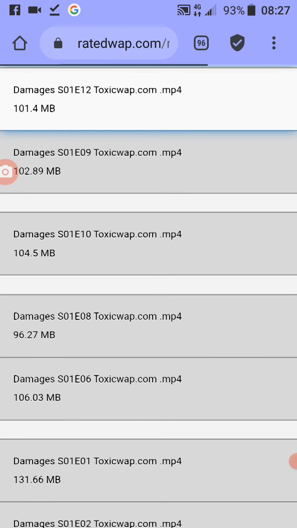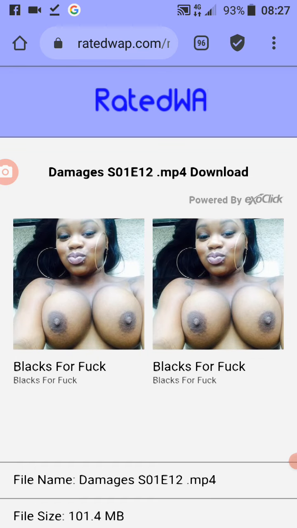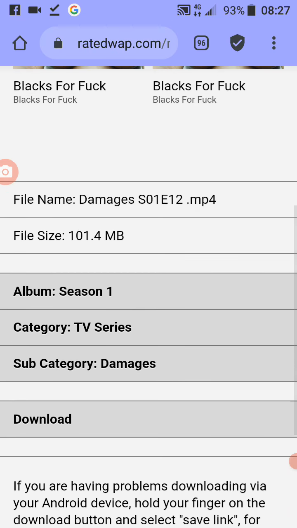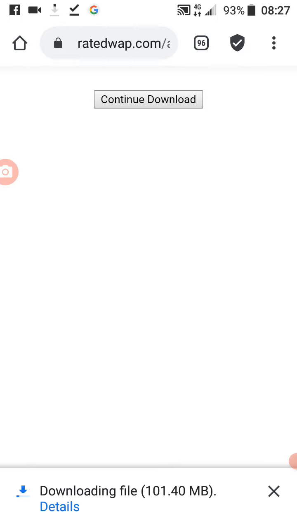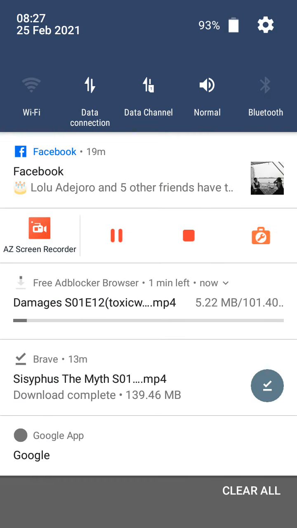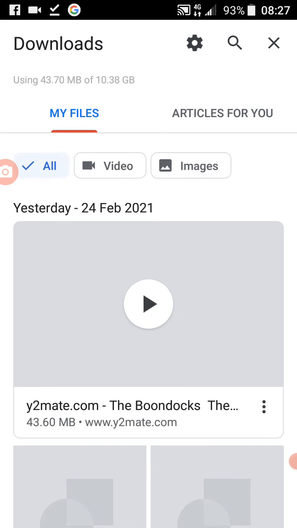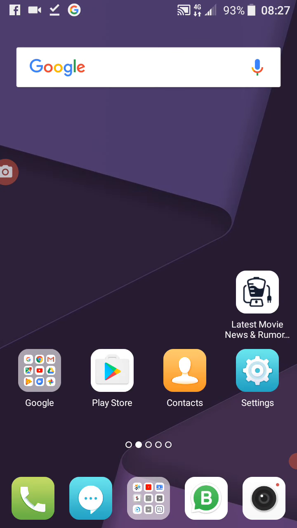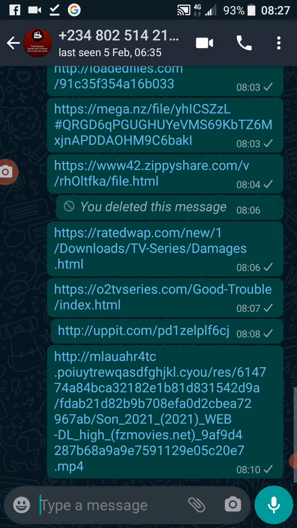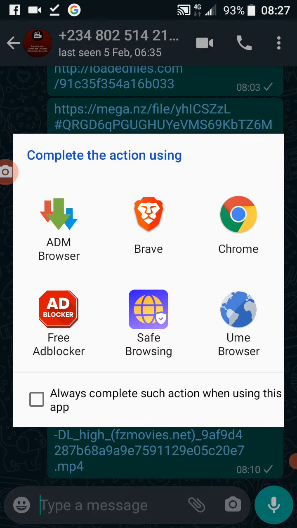You click on this. It takes you to a page like this. Then you can see download at the top here. You can click on that download. Once you get to this page, you just click on download. Now it's downloading. If you use any other browser, it may not work. You just continue clicking, and it will be redirecting you to somewhere else. Yeah. So let me show you another way to do that. Another one is O2 TV Series.